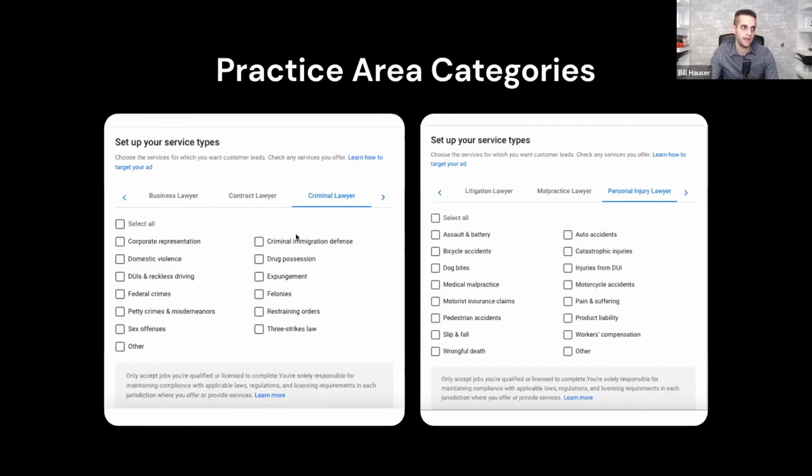And then criminal, you want to be very, very careful going into other variations of criminal. And you probably don't want to go all in on these very, very niche areas because they're not going to be searched that much and you're not going to get a lot of leads. So you have to be very, very conscious of what your budget is and how that combines with the demand behind the words that you've selected that you want your local services ads to show up for.